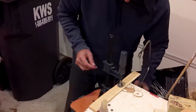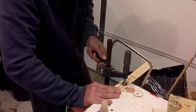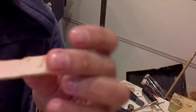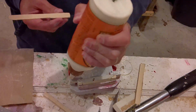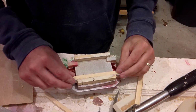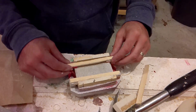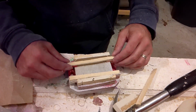For the latch mechanism, I have a shim that I'm cutting down to thin strips, because I realized with the way I have the rubber band mechanism, the only way to latch it is to latch it in the middle. So in order to do that, I need to put these small shim pieces as cross pieces across my L brackets, and then do a latch directly in the center of them. So having it like this, I can pinch those bars going across, pinch it closed, and latch it in the